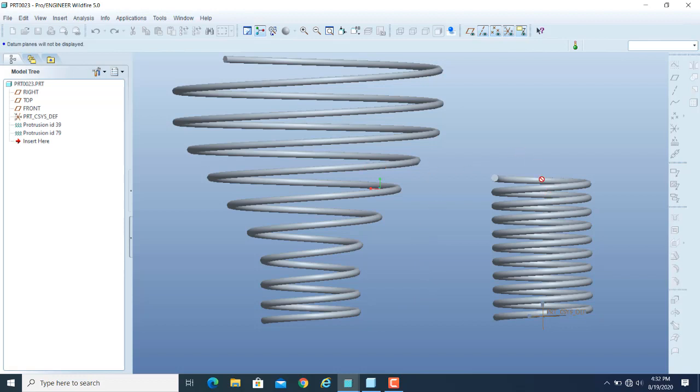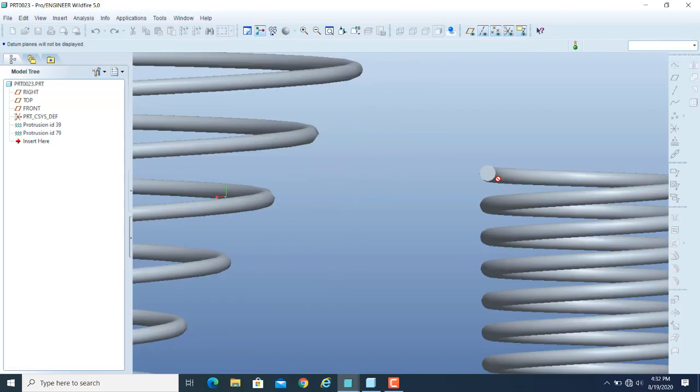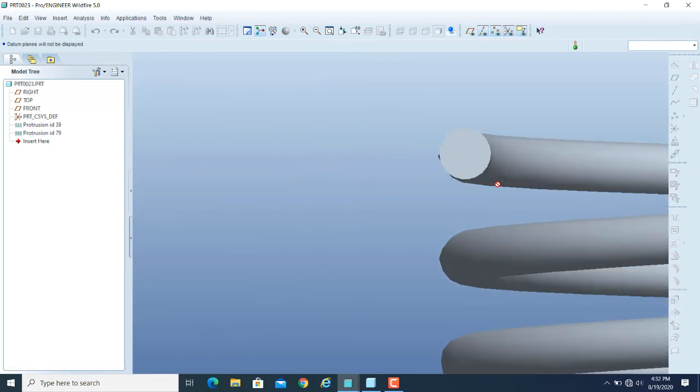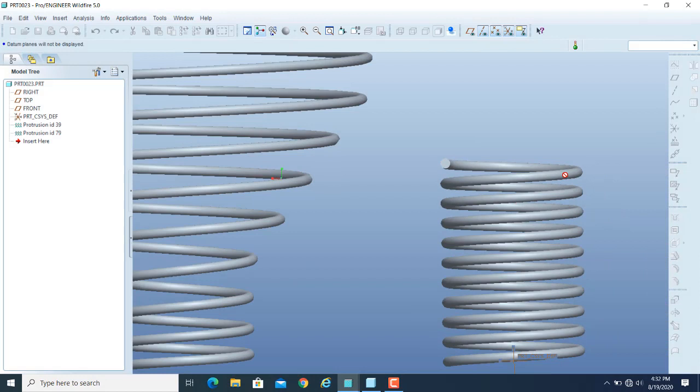And then of course you will need to define an axis for that. Then you have to define the section. The section is the cross-sectional area of the solid object that you will be generating. It can be a circular section, a square, or any closed profile. So you need to define the section also. That is the second parameter. So you have to define the section, the profile, and also the axis,